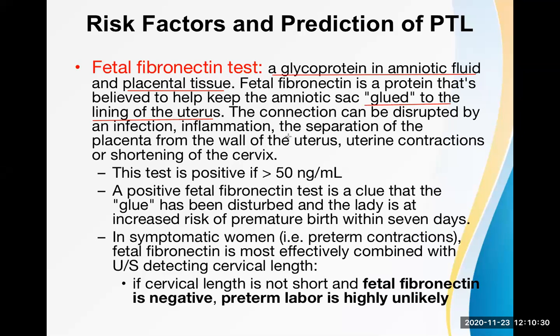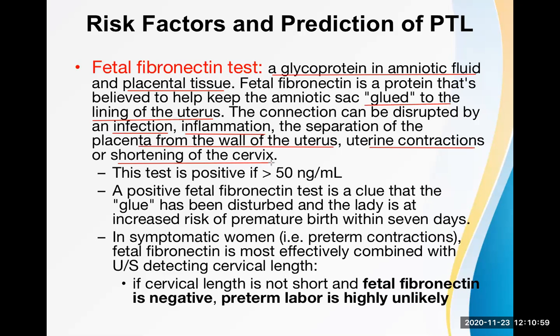The connection can be disrupted by an infection like endometritis, or inflammation which occurs there, or if the placenta is separated from the wall of the uterus, like abruptio placentae, or if early uterine contraction develops because of so many other reasons, or if there is shortening of the cervix, if the cervical length is very short,